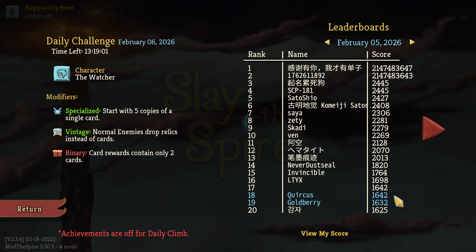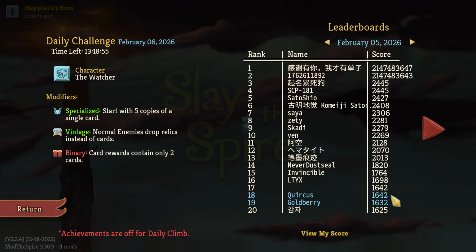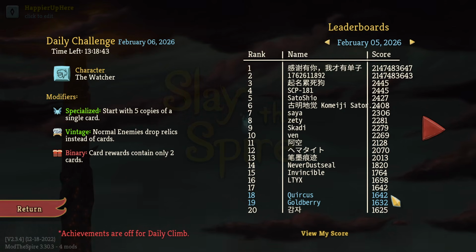So first of all, you have Kurkus with an amazing score of 1642. Kurkus was one of the few people who did not use the wing boots as effectively, so only ended up fighting 7 elites, but was able to perfect all of them and got all the bosses, was able to get Highlander curses, and of course getting Highlander is a lot of luck dependent at the end, but he was able to pull it off,